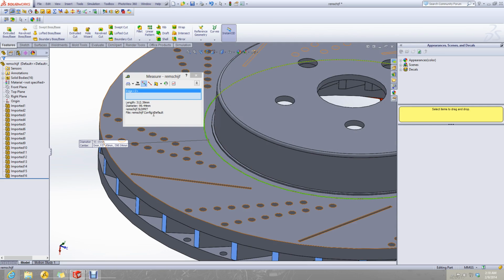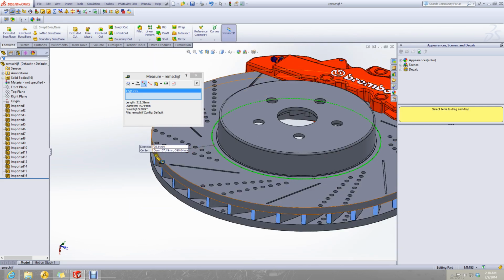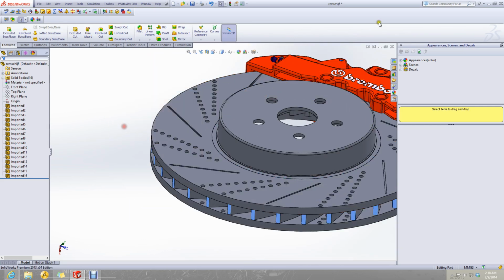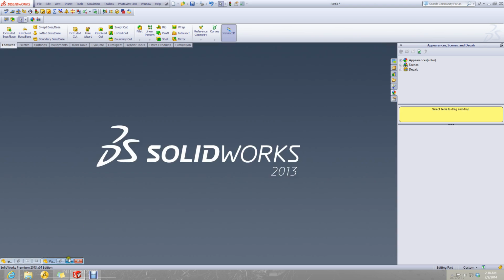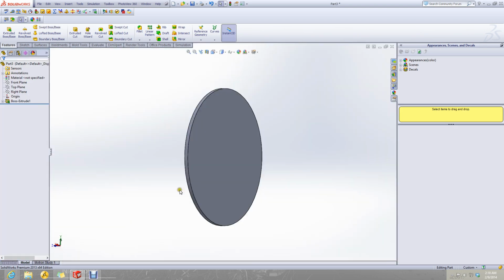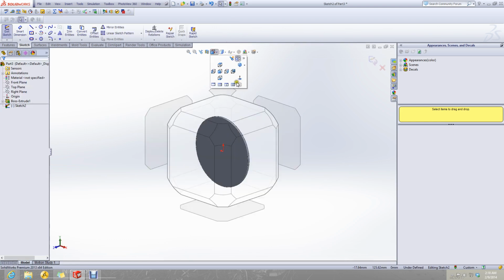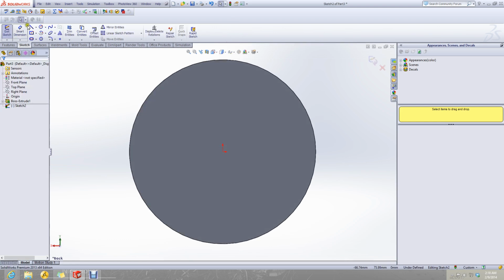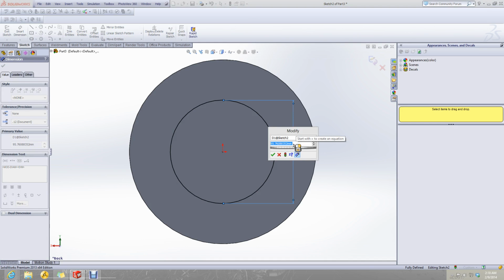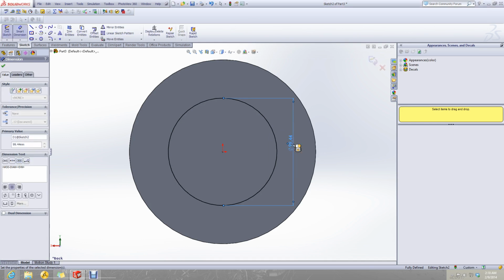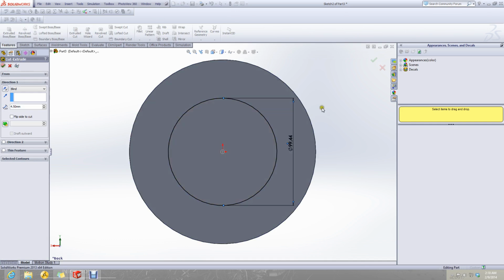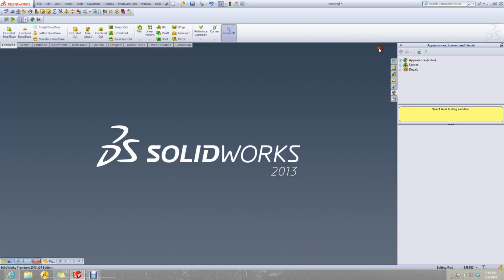Let this be the internal diameter, 99.44 millimeters. I remove the material from here.